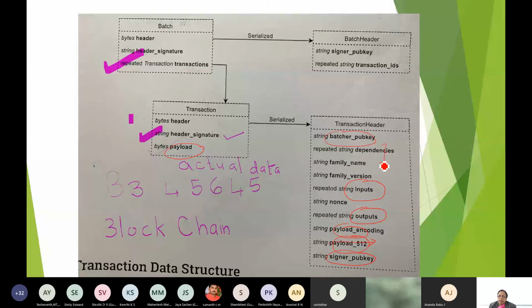If there are any dependencies on the previous transaction, so this is the family name, right? The family name I can take for this one as say Fortis. Here, family name and family version 1.2, right? Okay, so this part here, serialized transaction, this is the header signature, the actual data will be there